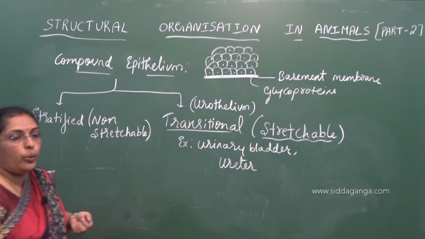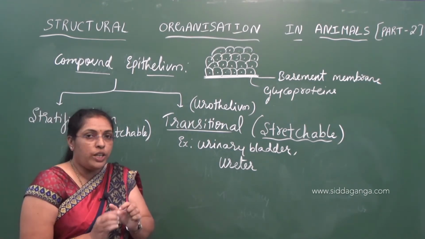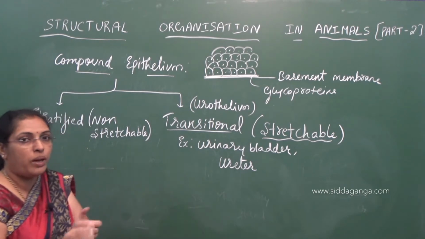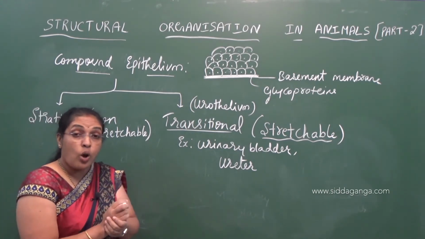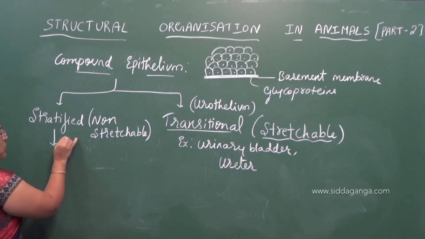Urinary bladder and in ureter. Stratified epithelium, it is non-stretchable. It will not stretch and the shape of cells will remain constant. Understood? So here, based on the shape of the cell,